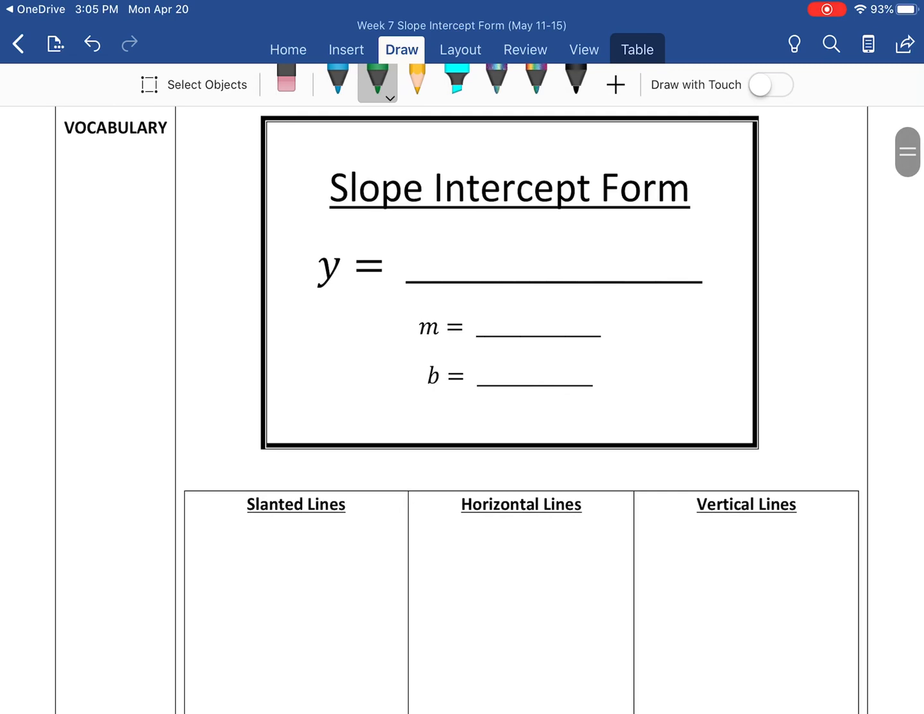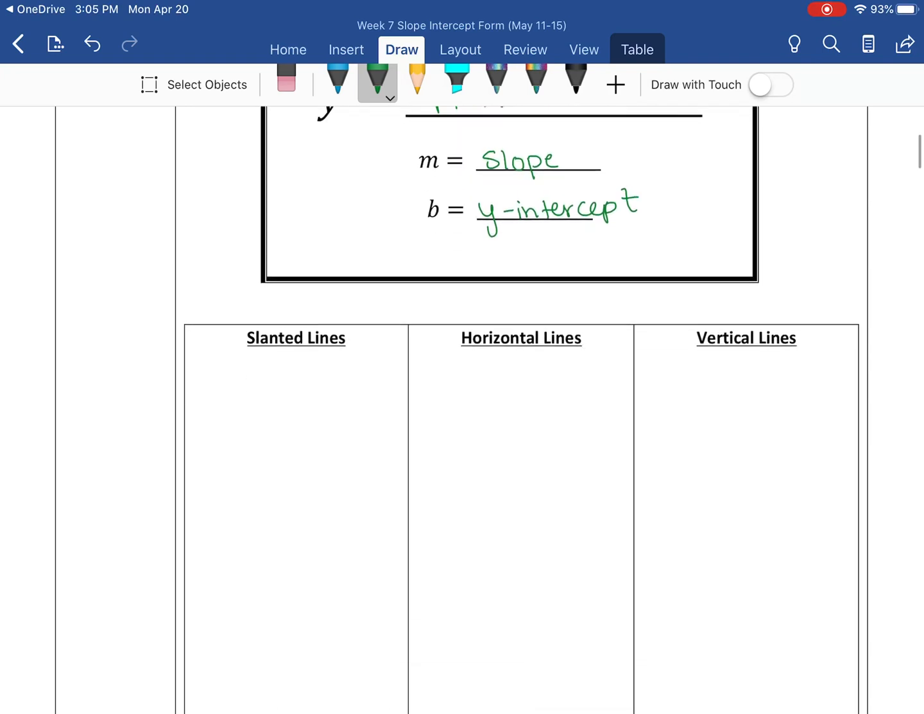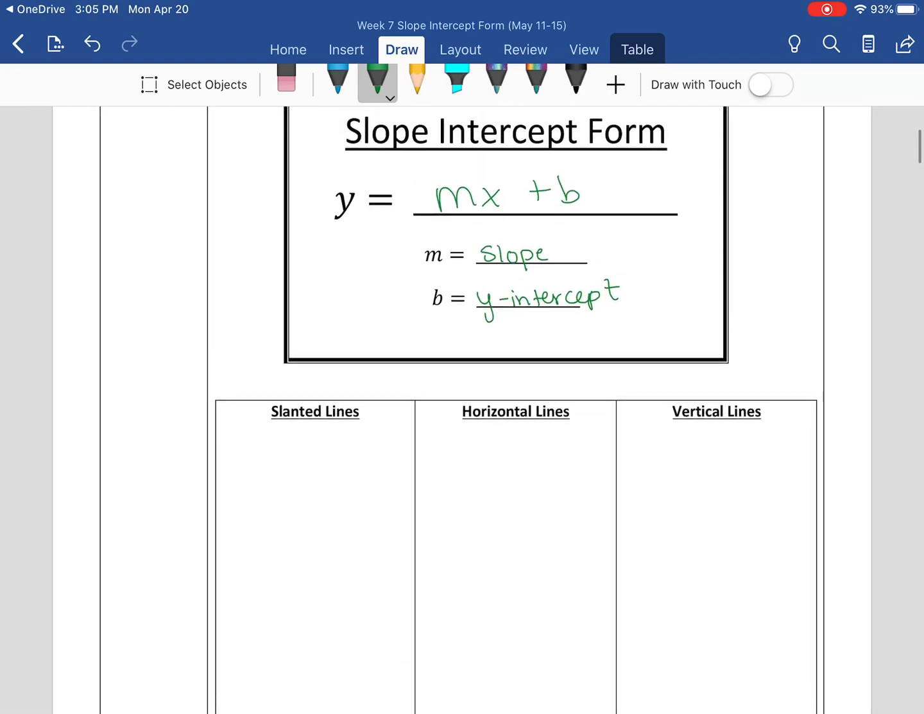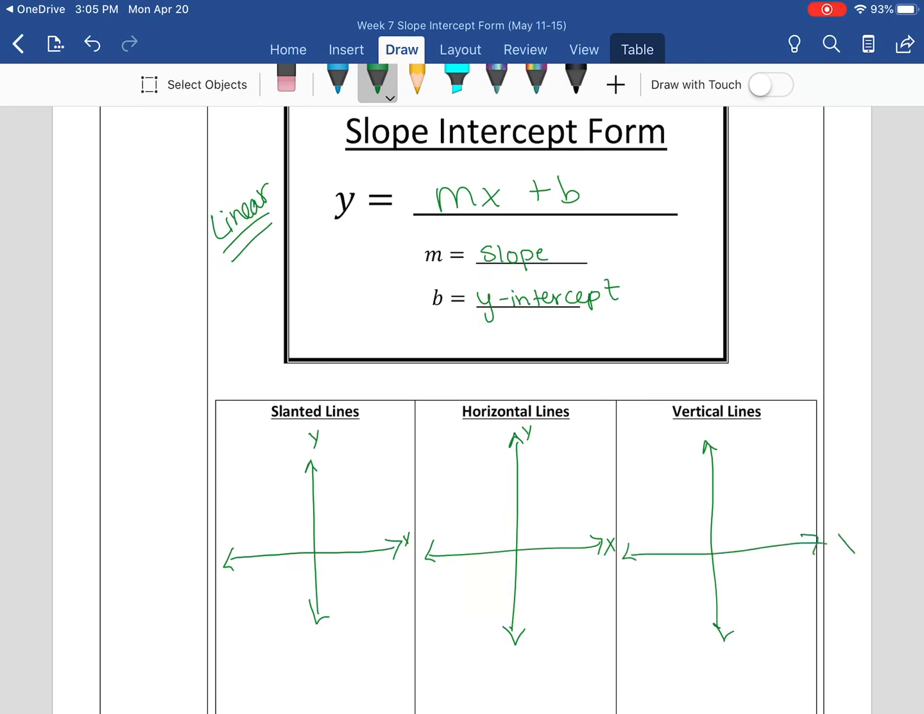So our slope-intercept form, we said, was y equals mx plus b. M is our slope, b is our y-intercept, and that's what we're going to be looking at today. Now as we're looking at this, remember that we have three different cases that can happen with our linear lines. So I'm going to draw an x and y axis for each of these. Here's y, here's x, here's x, here's y, here's x, here's y. Alright, so a slanted line,